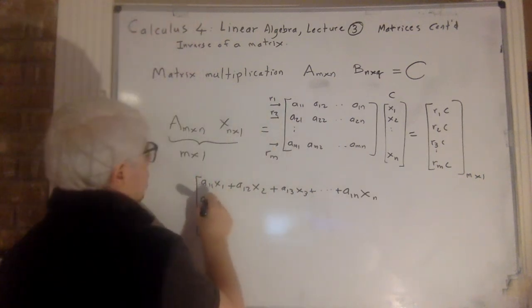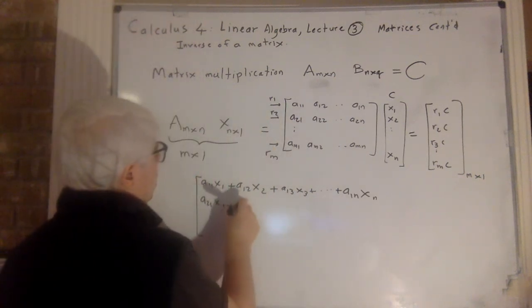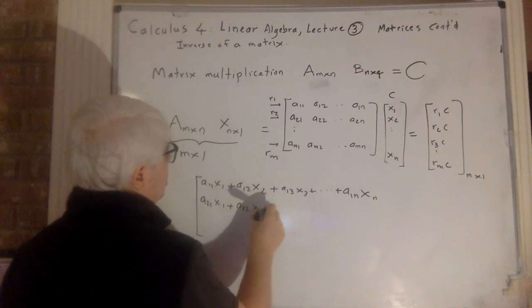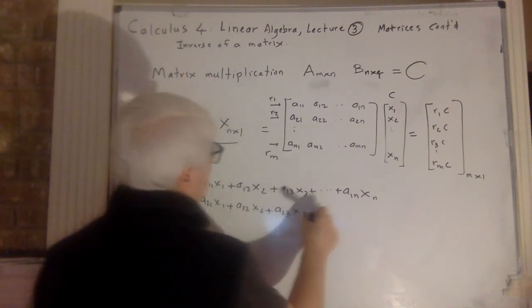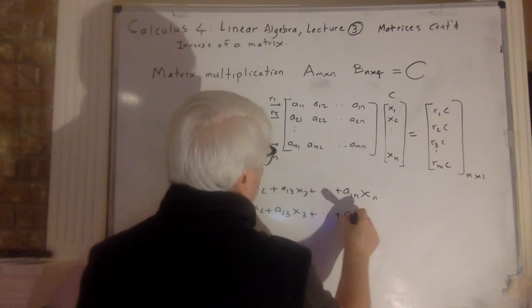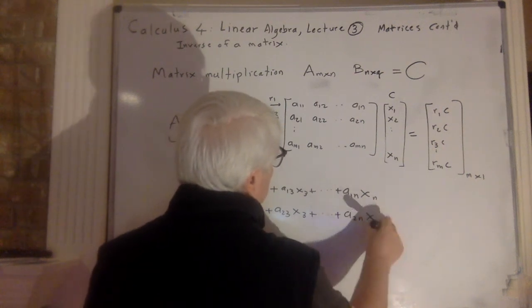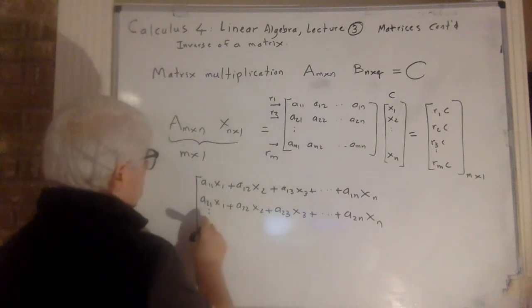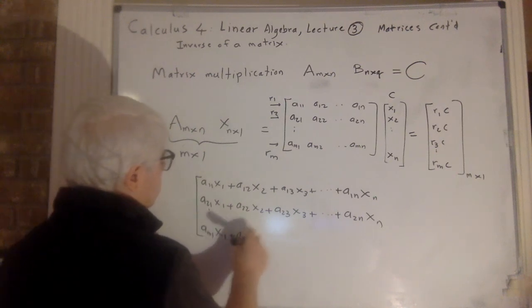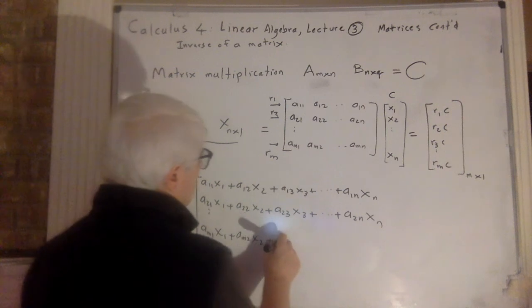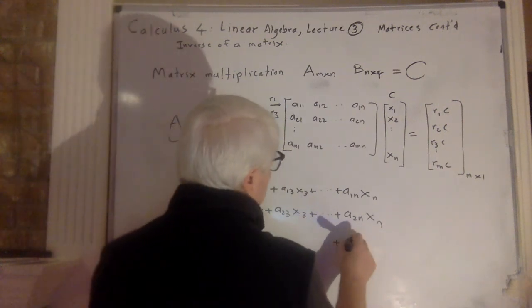Then A21x1 plus A22x2 plus A23x3 plus up to A2nxn. And this goes on, Am1x1 plus Am2x2 plus Amn